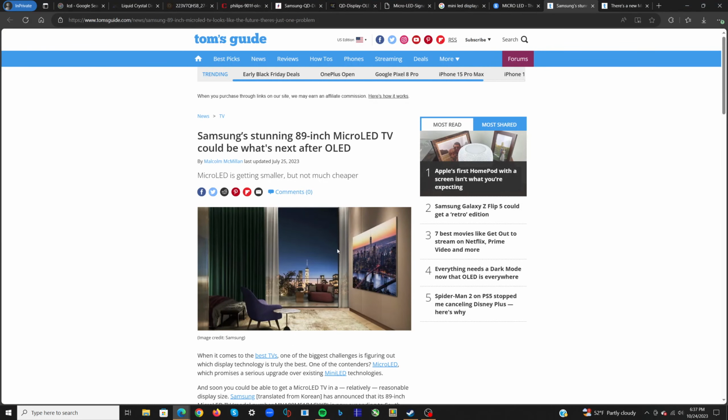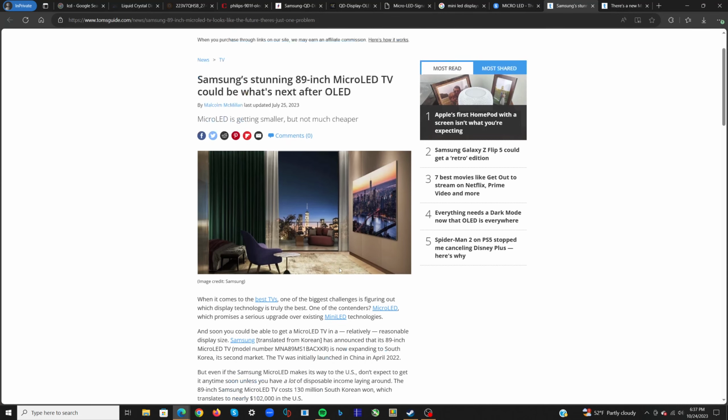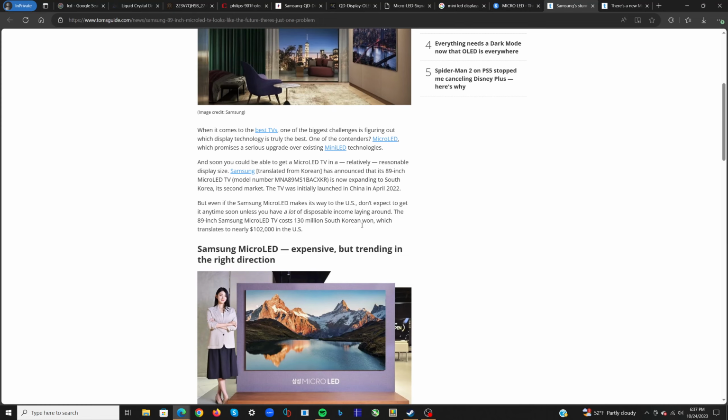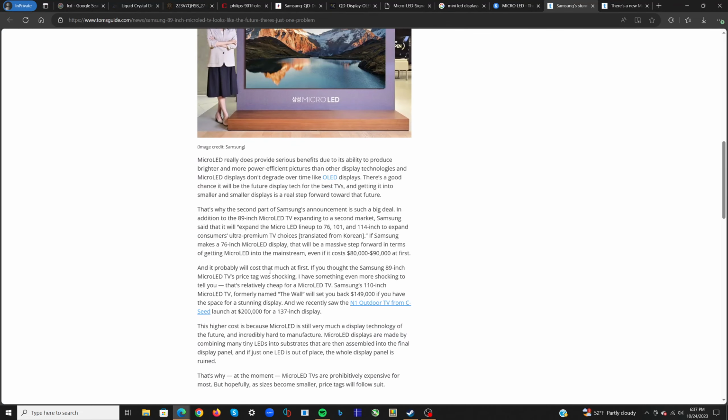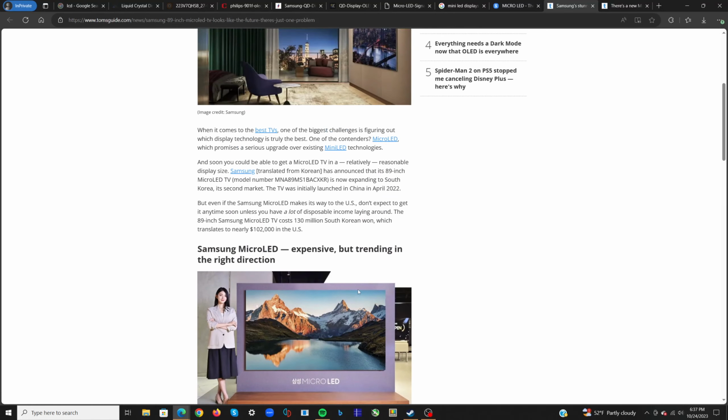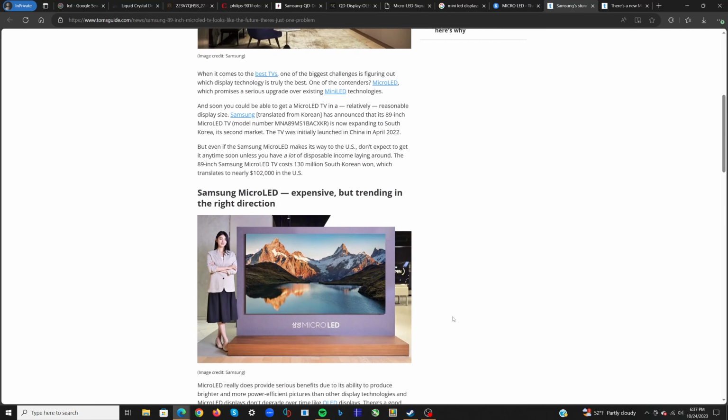So we have the 89-inch one, looks like this. The only way they can make this look normal is if you have a person staring outside their New York penthouse in a single purple chair next to their bed as the TV is floating beside them, like this. And whoever buys this is insane because, again, it costs $102,000, this one,